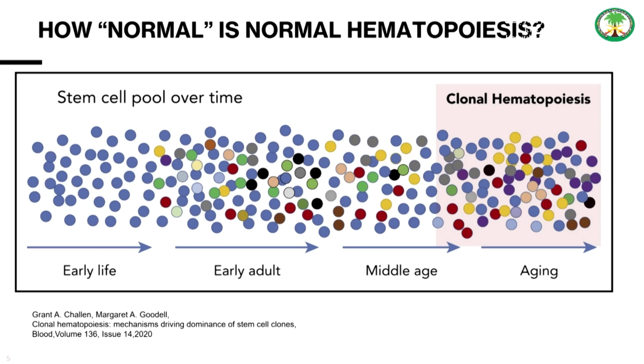So if we think about our myeloid neoplasm spectrum in this way, the question comes up, what even is, and is there such a thing as normal hematopoiesis? Because if this is true, we all accumulate these mutations in our hematopoietic stem cells over time. So at what point is our stem cell not normal anymore? At what point are we talking about disease, and at what point are we not?